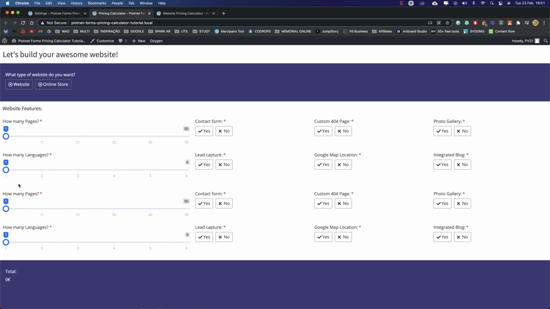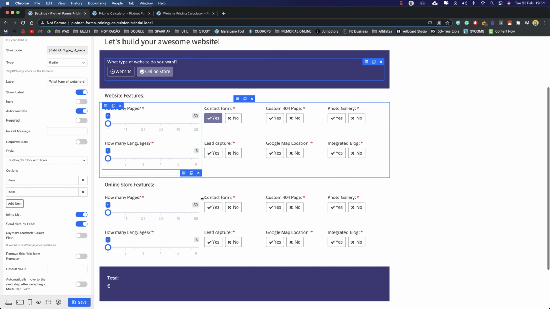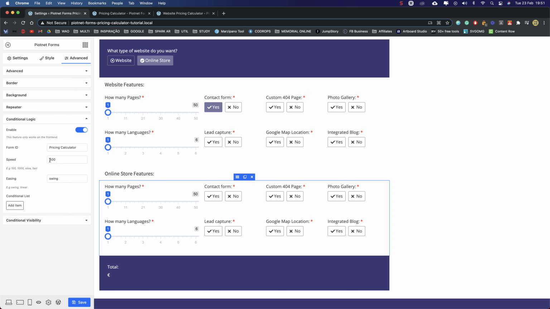Okay, the title is not showing, as you can see, and if you choose yes, it shows if we click here. Let's see if everything is still working. Yes, pretty good. Now let's go back to the form and do the same to this section. Let's hide it as well. Advanced, conditional logic, enable. Let's see if I have this. Yes, I have it on base yet.